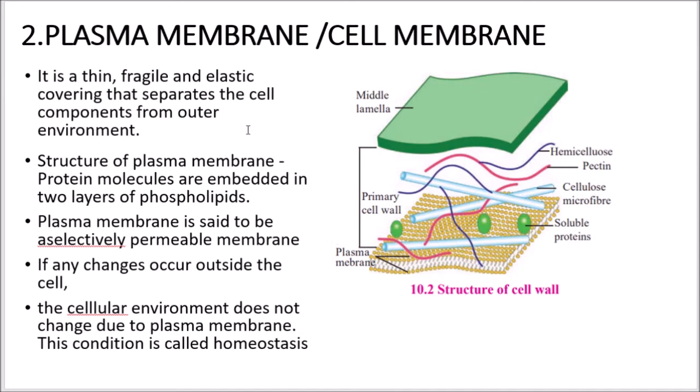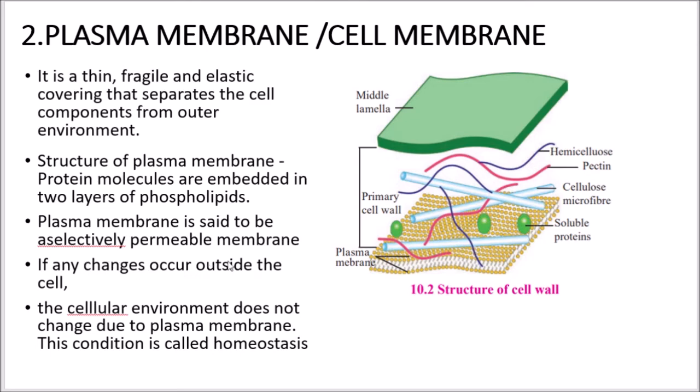So here, plasma membrane and cell membrane: in the plant cell, below the cell wall there is a plasma membrane, and in the animal cell the cell membrane is the outermost covering. It is a thin, fragile and elastic covering that separates the cell components from the outer environment. As for the structure of the plasma membrane, protein molecules are embedded in two layers of phospholipids. Thus the plasma membrane is said to be a